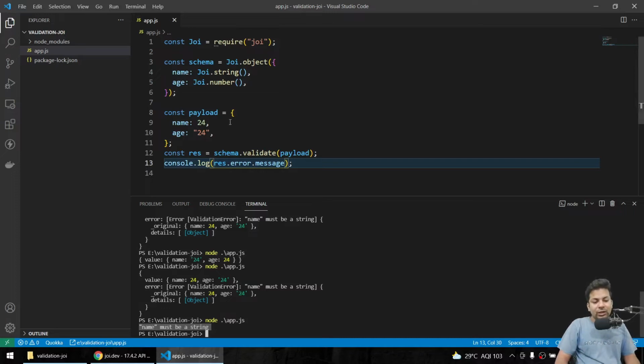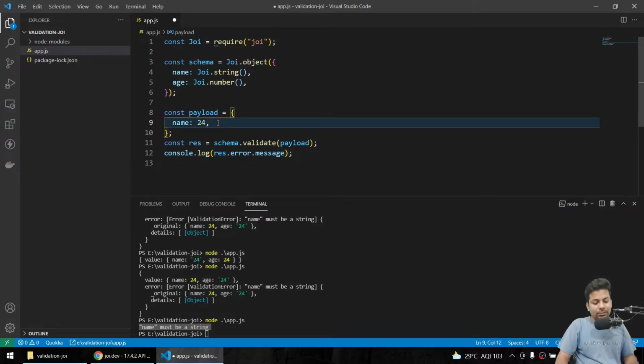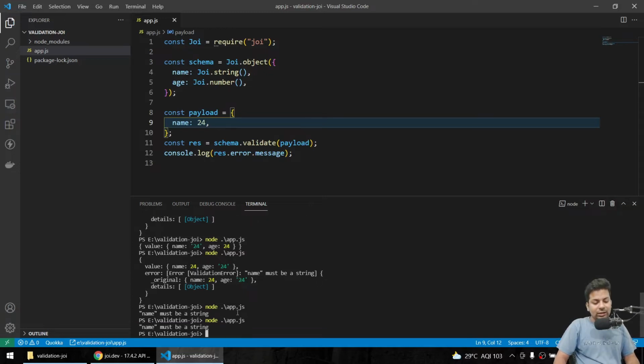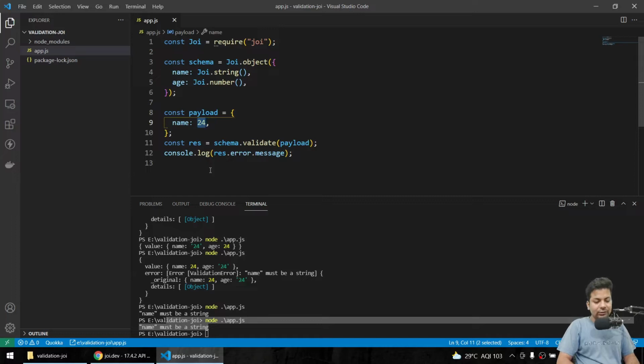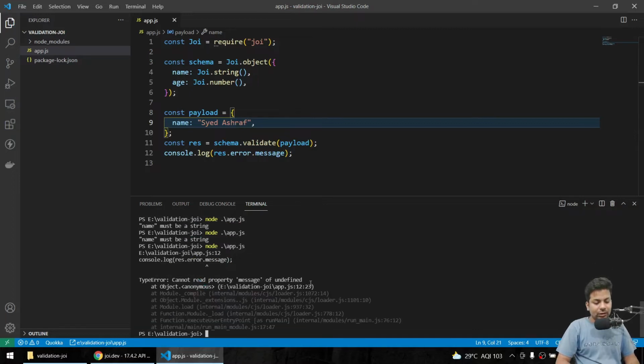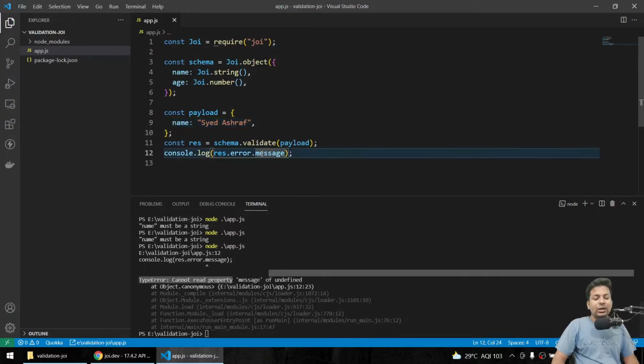Okay, now suppose I am not sending the age, I am just sending the name in the payload. Now if I check, again name must be a string. Okay, I'll make it a string, I'll say Sayyid Ashraf. Yeah, so it's saying cannot read property, because we are not getting an error, we are getting a result. So we can do it like this.